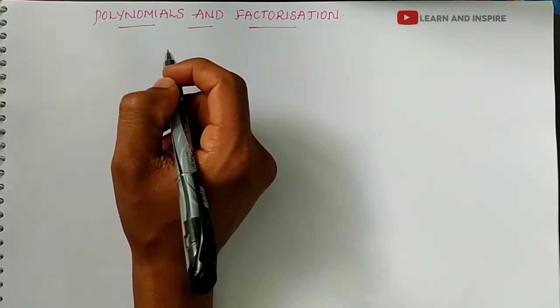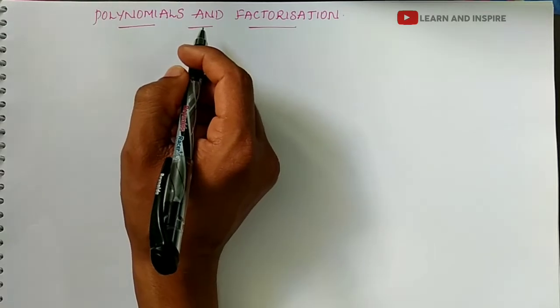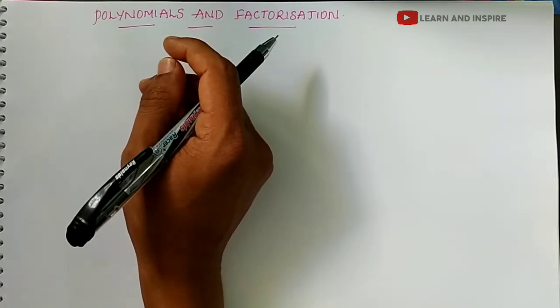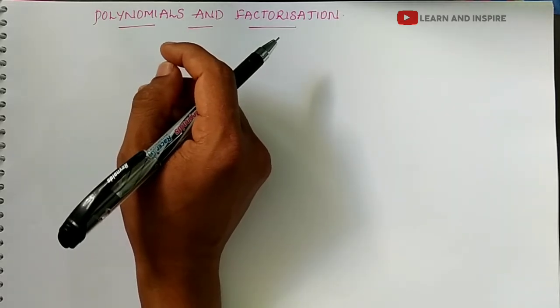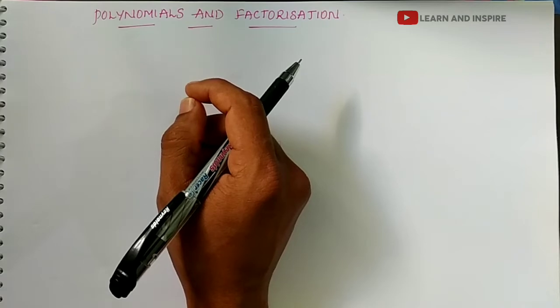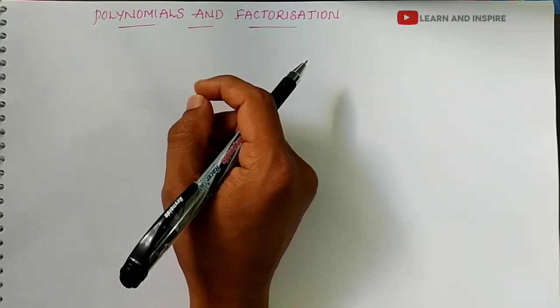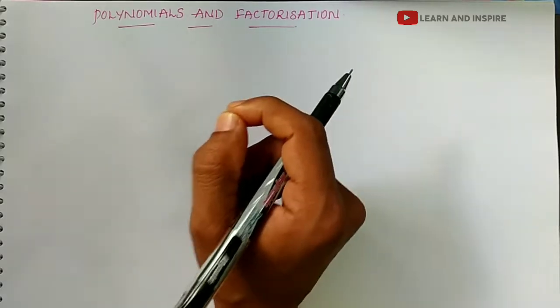This video is about class 9 mathematics chapter 2, polynomials and factorization. In the previous class we discussed two problems of exercise 2.4, and now in this class we shall discuss the remaining problems of exercise 2.4. Okay, now let's start question number 3.